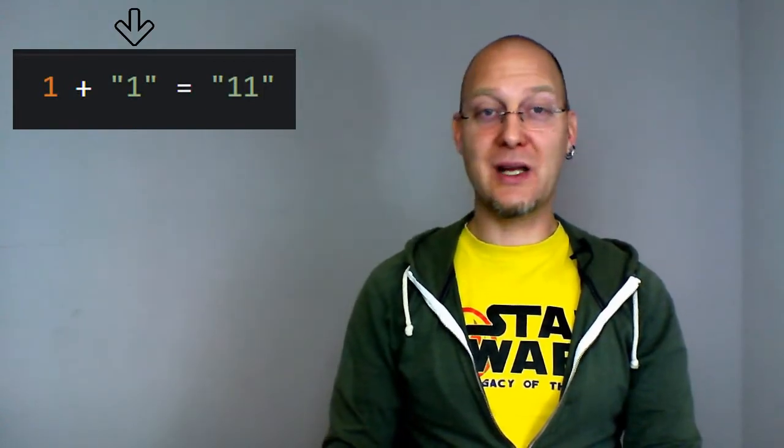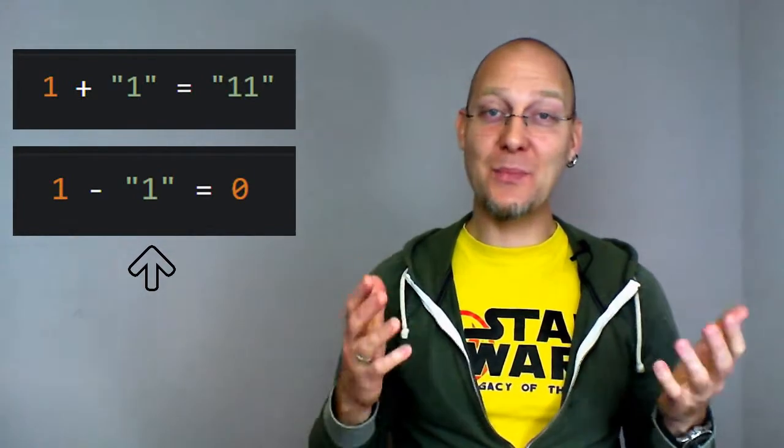Consequently, you can see that the following expression will be evaluated as 11. Regardless, the left part of the expression is a number, the right part is a string. Therefore, concatenation is performed instead of the addition operator. However, the next example is evaluated as 0, since the right side is coerced to a number, because the mathematical subtraction can be applied to a string.